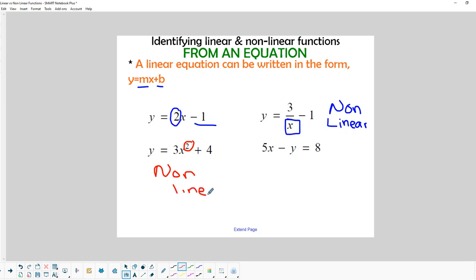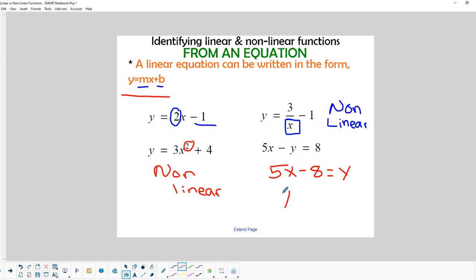That doesn't mean it isn't a function, it's just not a linear function. In fact, this has a very distinct shape. Now, if we look at this one, we can tell that if we just rearrange it a little bit, 5x, if we bring the 8 over and put -8 equals, and then put the y on the other side, it becomes positive y. So if you look, we've got one of these slope-intercept equations just written backwards,